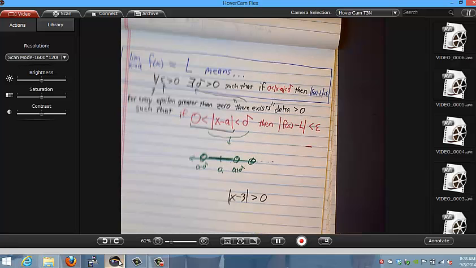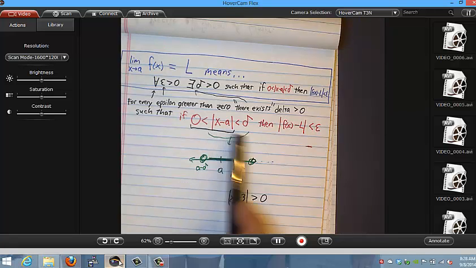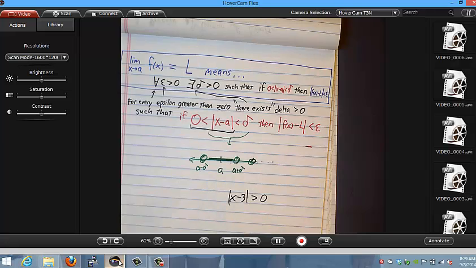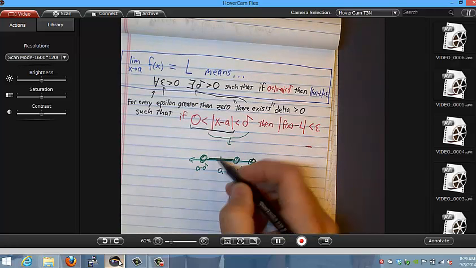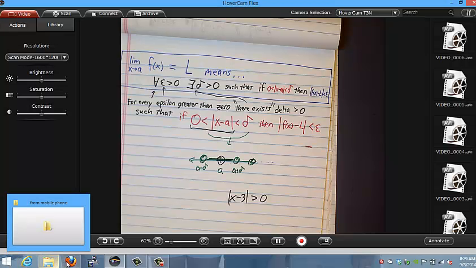3. So when you write that absolute value of x minus a is going to be bigger than 0 and smaller than delta, what we're saying is, hey guys, this is the picture, but we're not going to worry about what happens when x equals a. So back to the applet. I'm not going to worry about what happens when x equals 3,